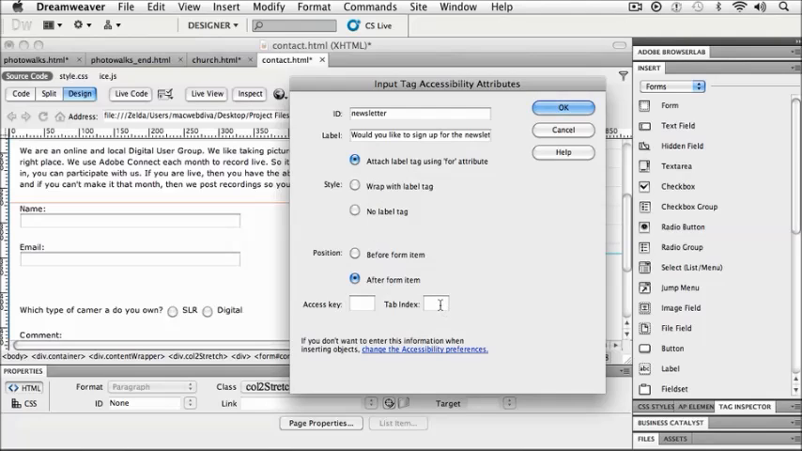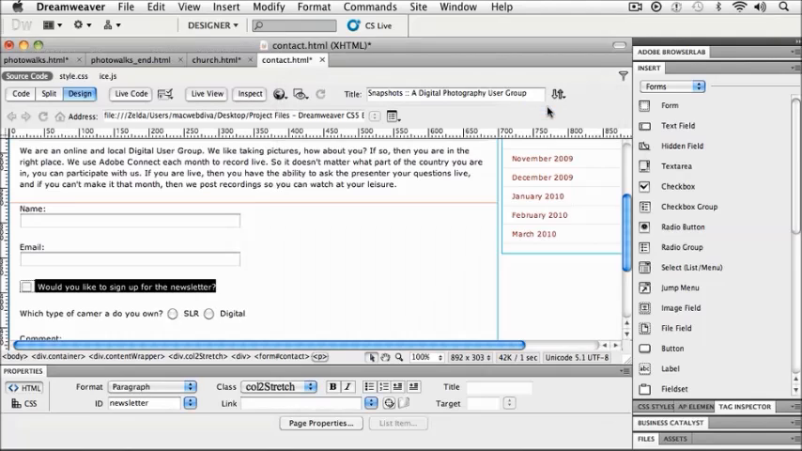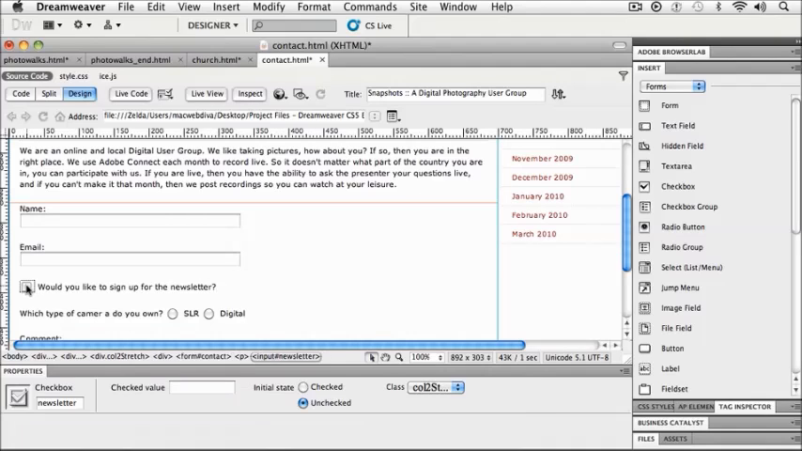And notice that my position is going to be either before or after the form item, and I can have a tab index. So this is going to be my third in line, then I can have this be my tab index of 3, again making it more accessible. So I click OK, and now I get that in my document,